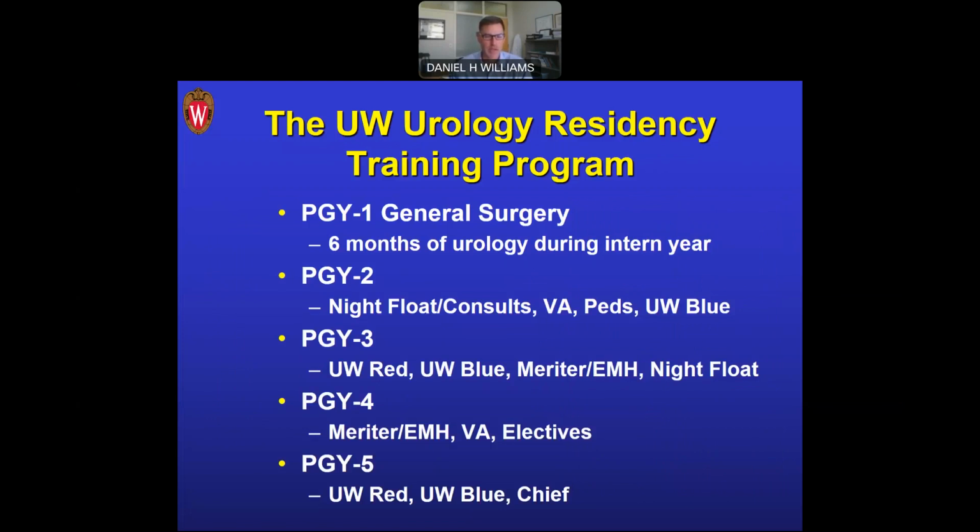Your second year, when you're a junior resident, you spend time at the VA, the pediatric service, and the Blue service. You also spend some time on the night float, which we're now in about our 3rd year of doing, and this has been a very positive change for our residents, the institution of the night float system. During your 3rd year, you also spend a little bit of time completing your night float duties